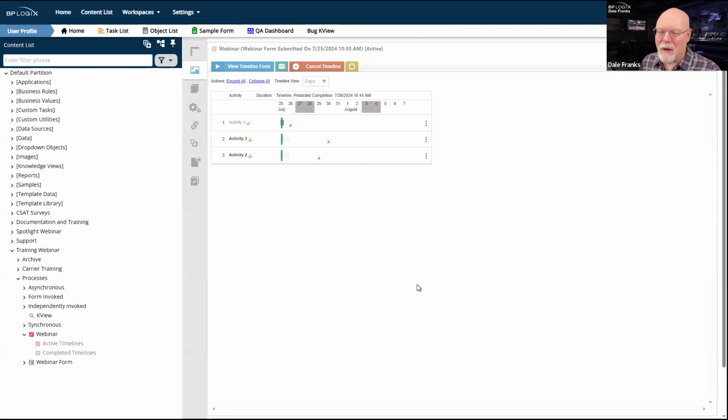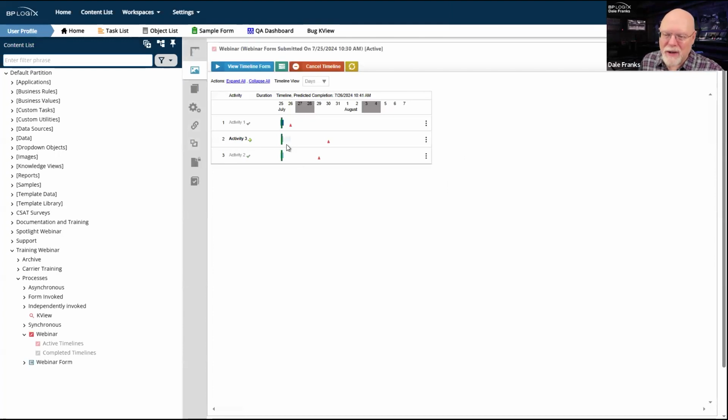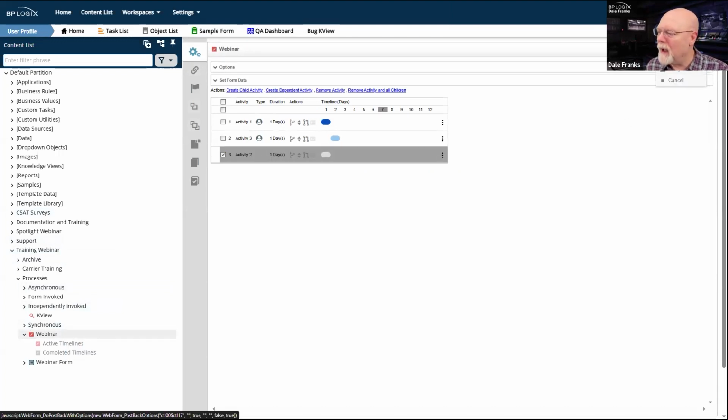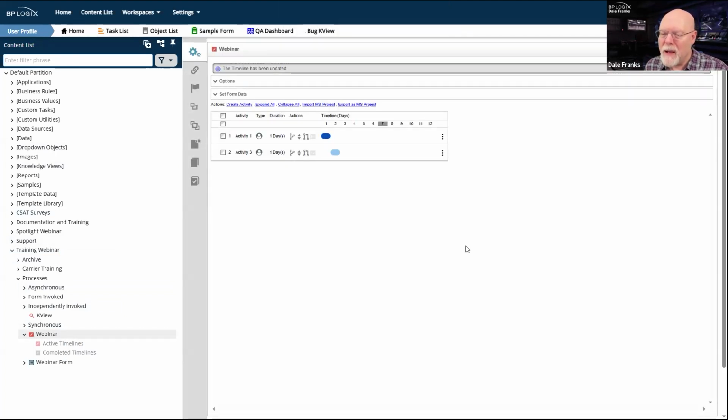Now there's no activity 2. It doesn't exist. Give it time to cancel. There we go. Now we can refresh. Fine. We're now running in activity 3. That's what I want to see. So now I can go back here to webinar and I can pick activity 2 and I can just remove that activity and I can update my process timeline, and my timeline has been updated. Nobody's in activity 2 anymore. Now I can go back and delete it.